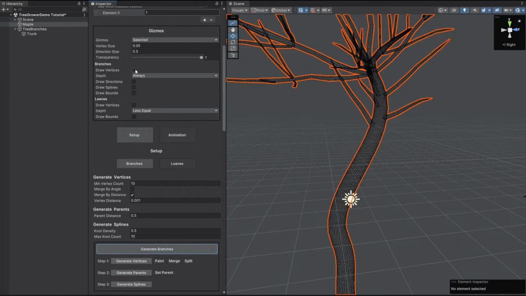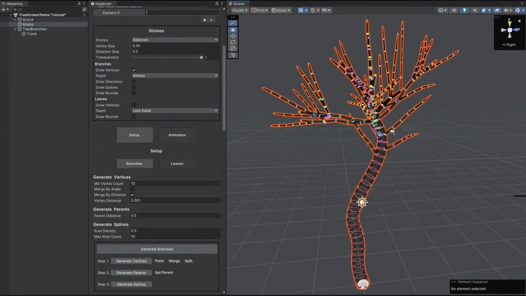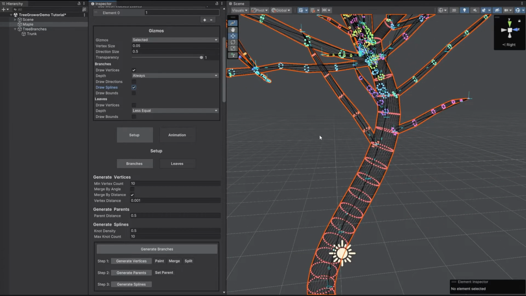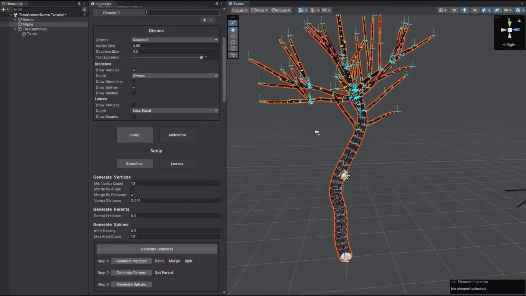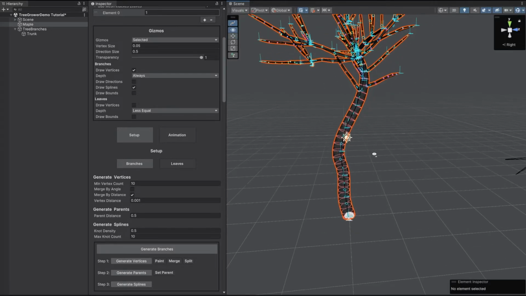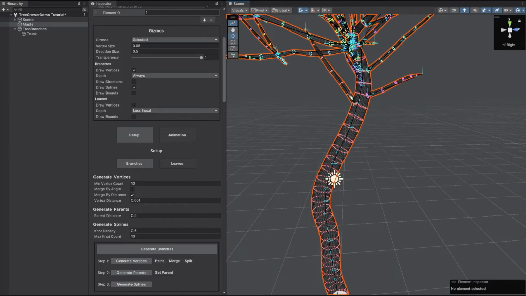Let me visualize them as well. And now you can see each branch is already set up correctly. Let's also check the splines. Now you probably don't want to set up each individual spline for all those branches here, because they are hidden behind the leaves anyways. What's most important is the trunk and maybe those that are visible immediately. To do this,